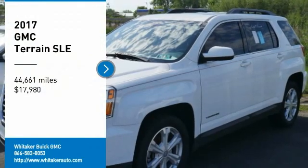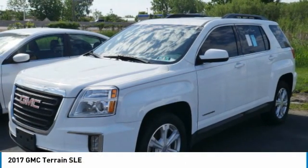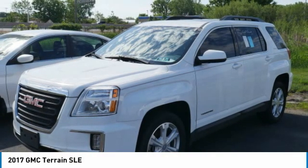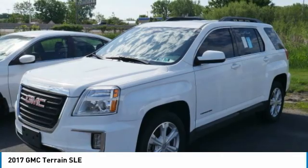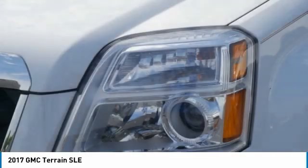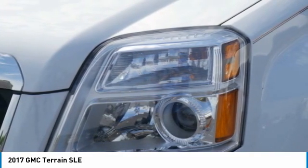Stop by and take a look at the 2017 GMC Terrain. The GMC Terrain combines the benefits of a crossover with the style and functionality of an SUV. Terrain offers uncompromised capability, a balanced stance, and a commanding view of the road, letting occupants enjoy a confident driving